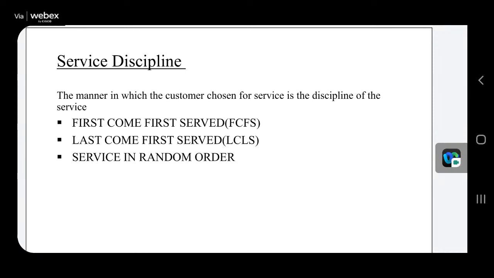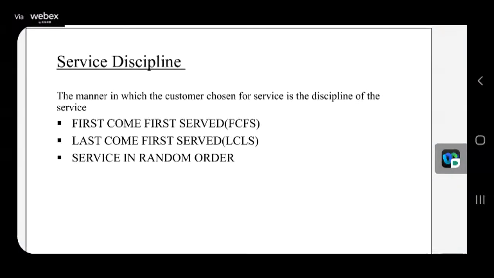For this, the best and practical example is a strict teacher who has the intention that whichever student comes late to the class will be asked more quiz questions than the one who comes earlier. It means the one who comes last will have to face the teacher first. So this is called last come first served, that is, last in first out.